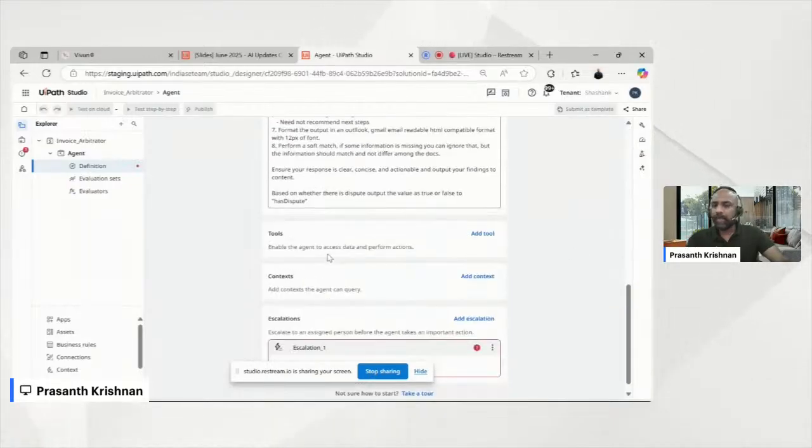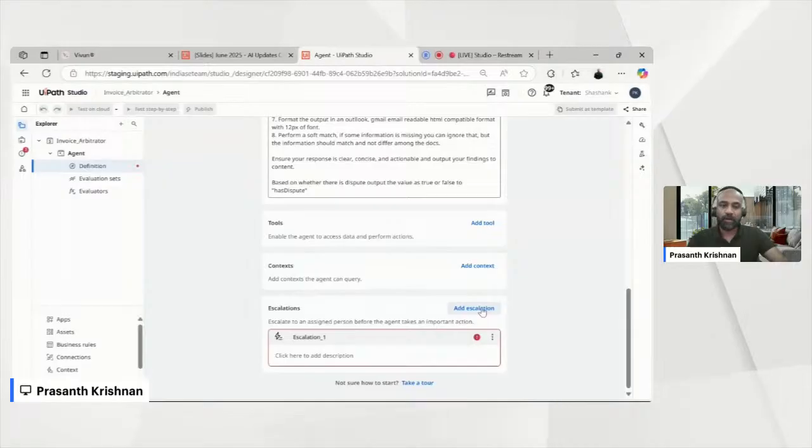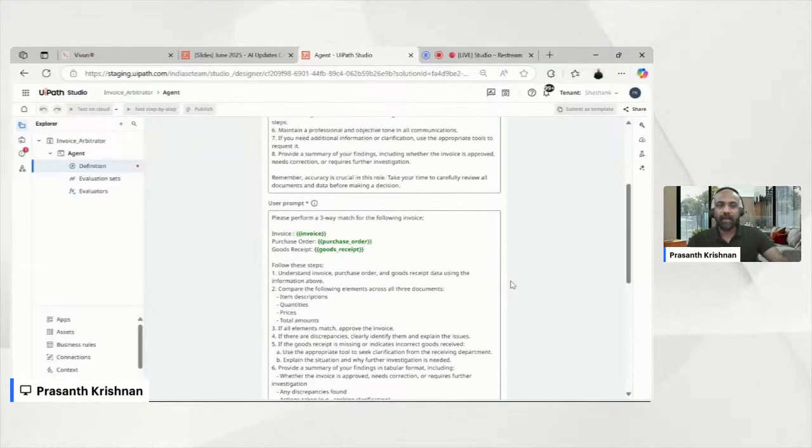And in this particular case, I do not have a tool or a context, but here is where you will add a tool. So you would add a tool to go and fetch information from a particular system, run an API workflow, use an API to get connected to some other system. You could do all that. You could set up those tools. And this is where you set up the context. So if you have to look into business domain data, you would be using this. And of course, adding a human in case you need a human to come and take a look at any of these exceptions. So these are the couple of components, and this is as simple as creating a workflow.